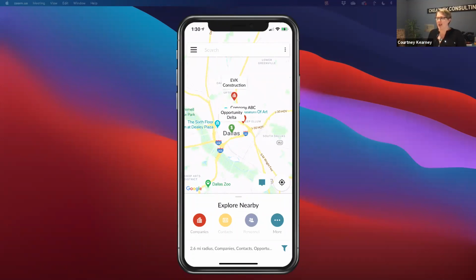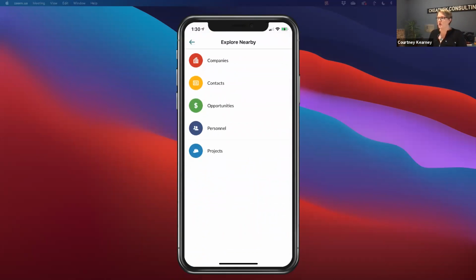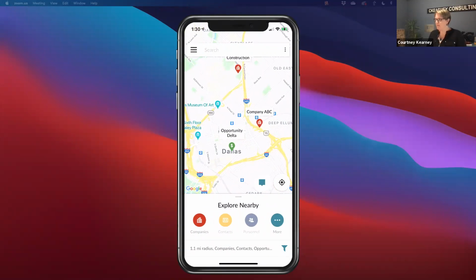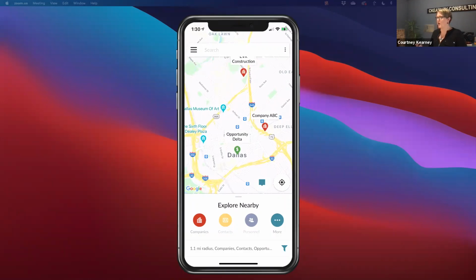You'll see that each icon has a different color to indicate what it is. The companies or client records are in red, the contacts are in yellow. If you have your personnel addresses in there, then you can see where your personnel are located. If you click more, you can also see that opportunities are in green and projects are in blue. So when you are on the map feature, you can see all of them. As you can see on my screen, I've got an opportunity